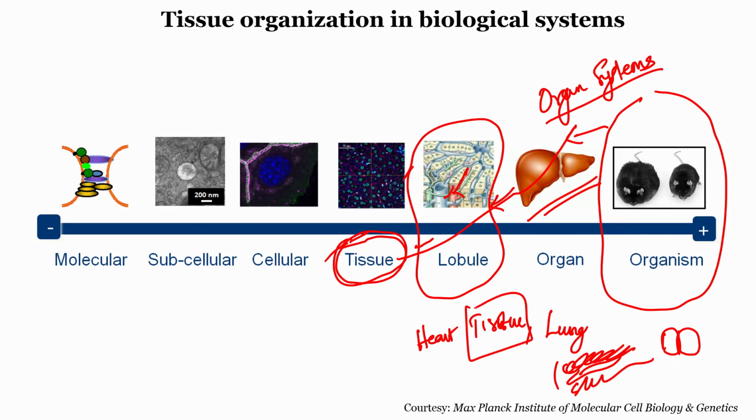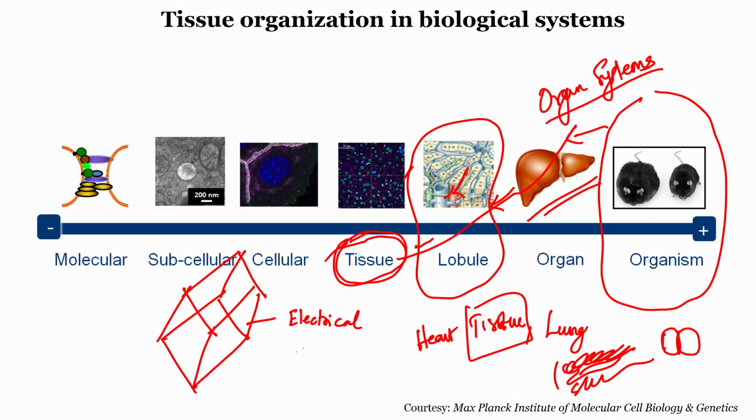So, as we have seen previously, tissue architecture, tissue microarchitecture, that is, how the cells and other components of the tissue are arranged in 3 dimensions. This tissue microarchitecture is very important for us to finally be able to model the different physical properties of the tissue, like its electrical, thermal or mechanical properties.